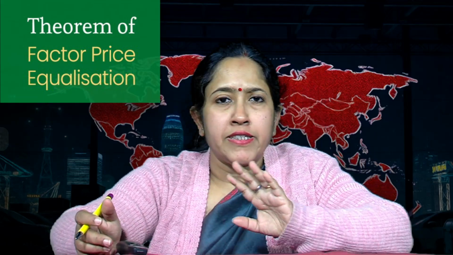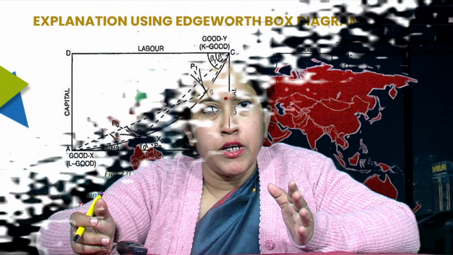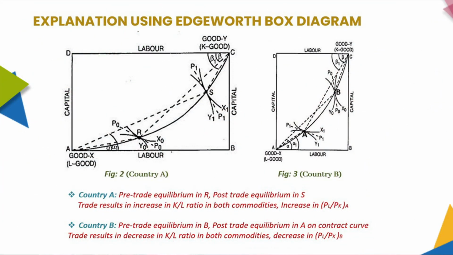Now we are seeing on screen two figures, figure 2 and figure 3. These are two Edgeworth boxes that we are using to explain what is happening prior to trade and after trade commences in the two countries, our country A and country B. Now in figure 2, what we are seeing is